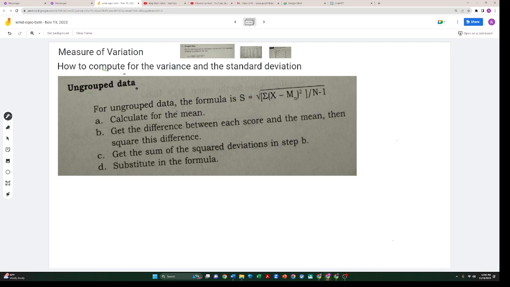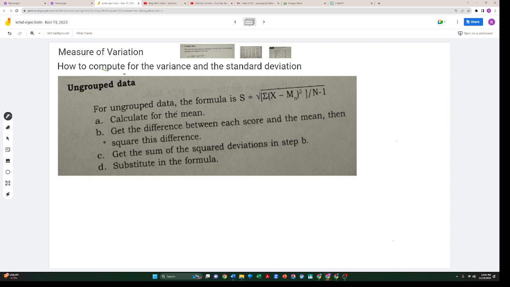We will discuss how to compute the variance and the standard deviation, from grouped data and ungrouped data. That's it. And after that, we are going to discuss the z-scores. But before that, let me define to you